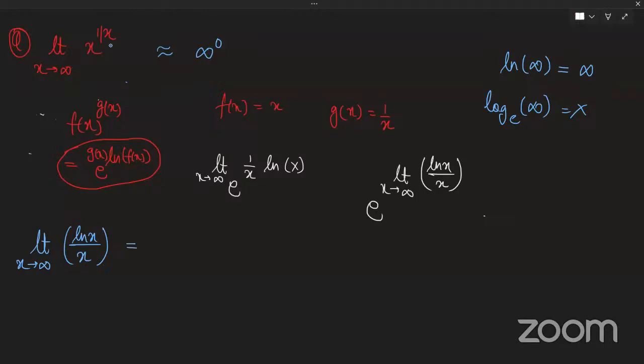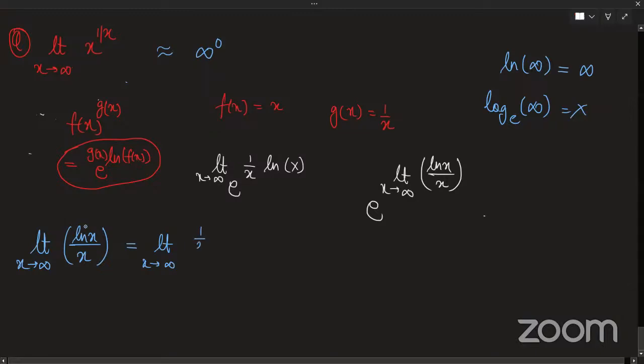What is the highest power in ln x? How would you know? Differentiation, yes, correct. Go for differentiation. So can you tell me what is the derivative of ln x? 1 by x. Correct, 1 by x. Taking the highest powers won't actually work, because you don't have an expansion